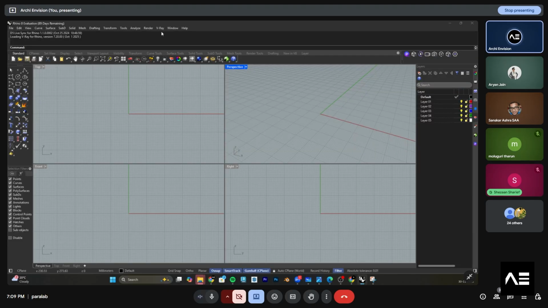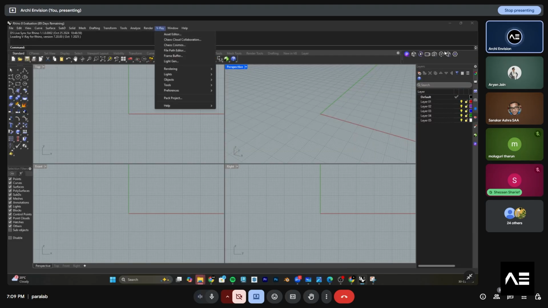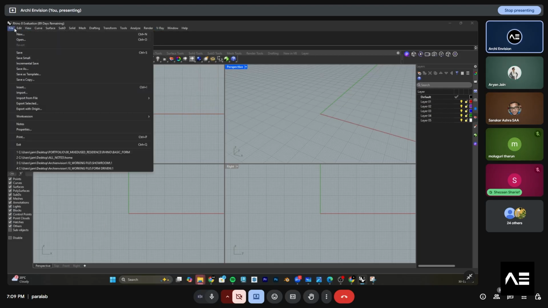Here I don't get the icons properly because it's a cracked version of V-Ray. It will have the whole set of things, like the buffer frame and rendering, lights, dome light, everything will be here. There are no icons, it's just written in words.